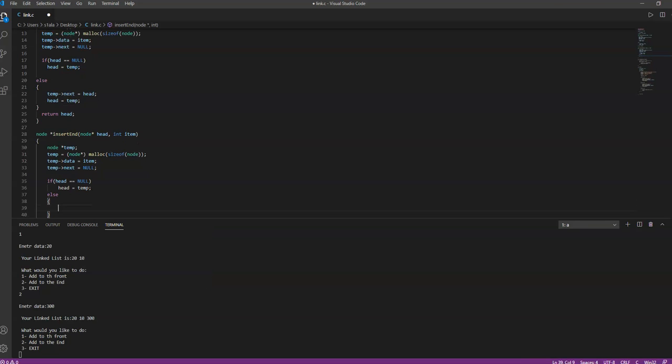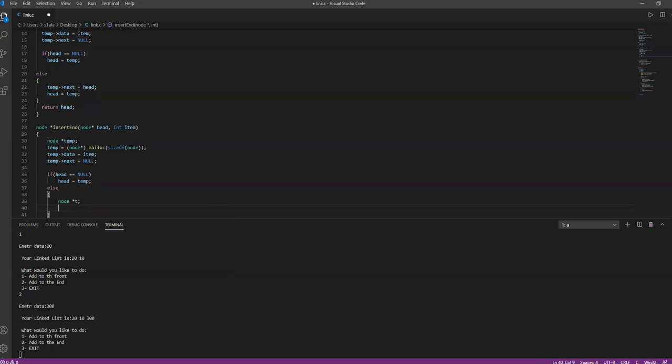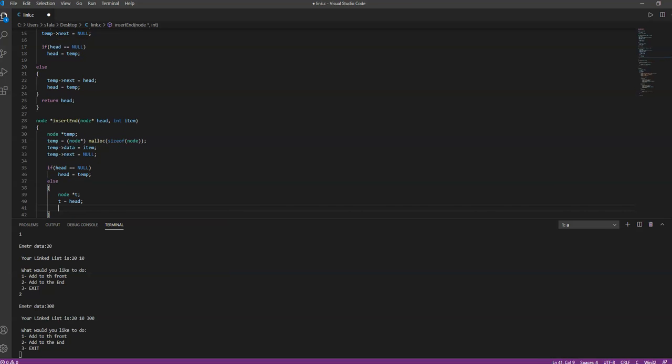If we have else, then we have to create another node, and that will be the traveling node to check from one node to another. So we will say node, we'll call it T traverse, and then we will let that node equal the head, so we can start checking from the beginning, right? And then since we have many nodes, we have to have a while, right? So we will say T to the next,